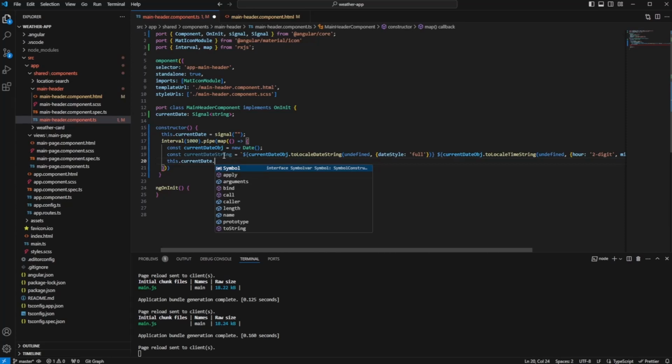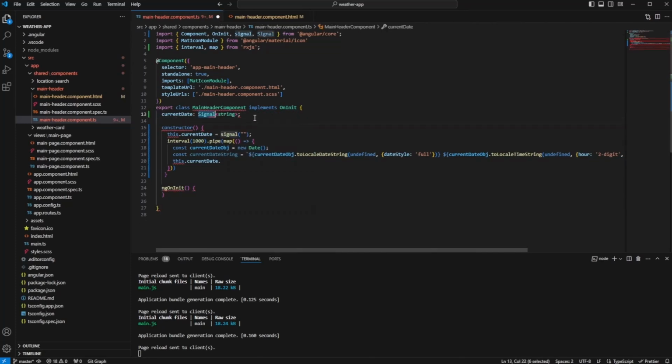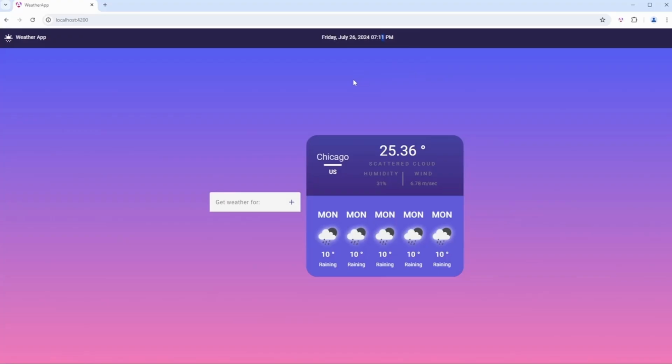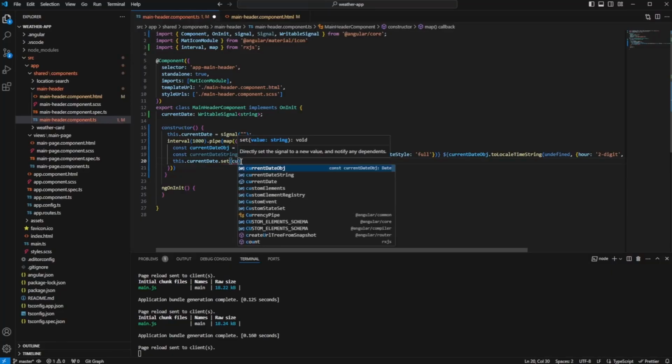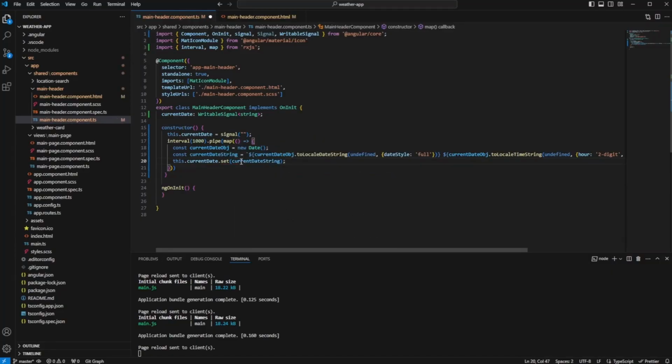And in our example, we don't see the set function. The reason for that is that this typing here has to be a writable signal. If you look at the signal function, it's returning a writable signal. And now we are able to call the set function and can say it should update our signal. And if we now look at it,